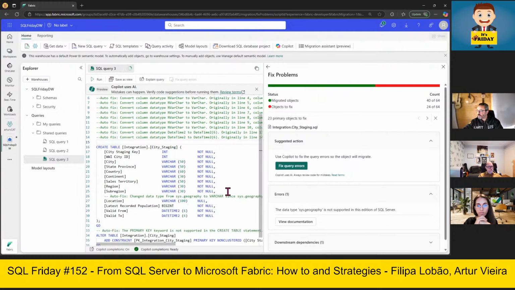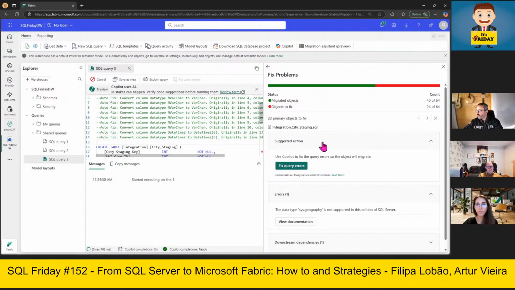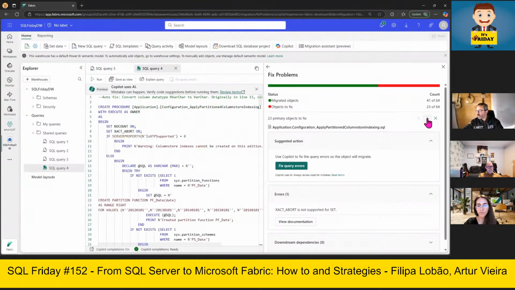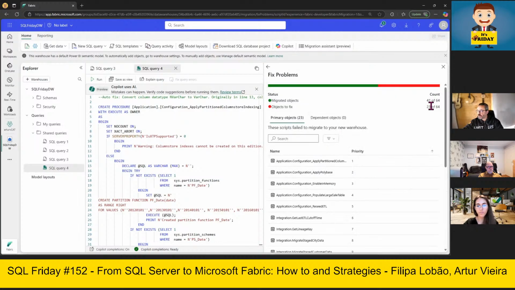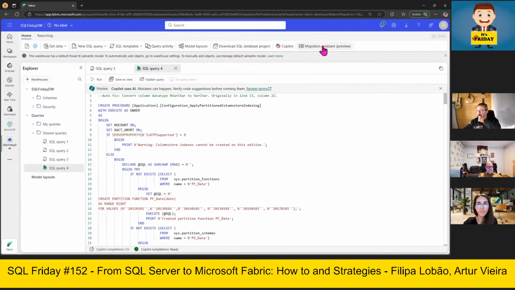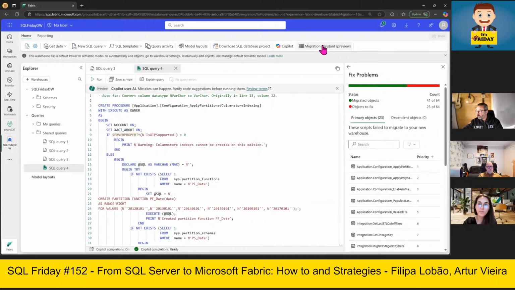It's done. It fixed the error, and it told me, hey, this is not supported. So I changed the data type, and I am going to run the deployment. The table is there, and then automatically it goes to the next code. Here we are going to, like I said, look into all the items that we have there, and the numbers are still going to decrease. Okay, when we go back to the